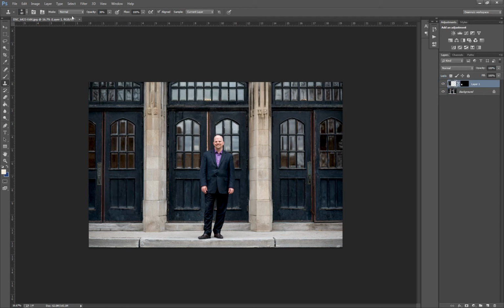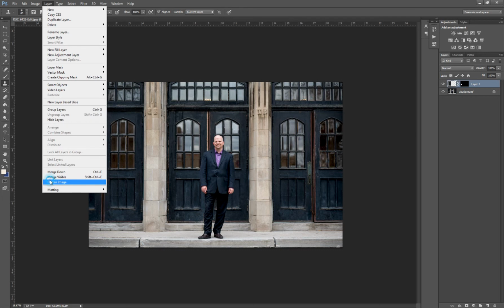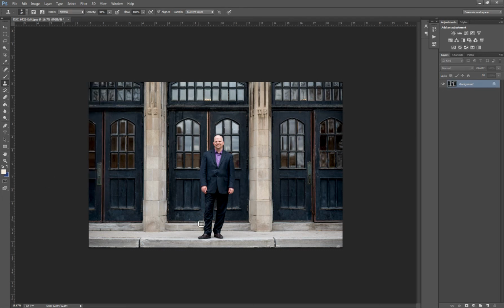So what I could do now is I could either do Control Shift E, or I could go to Layers, Flatten Image, right there, and then you're done. Then it flattens the image over here, and there's no more layers, and you could just do a Control save it like usual,